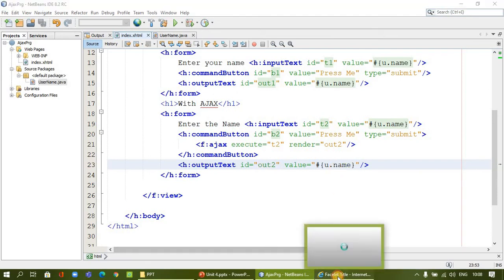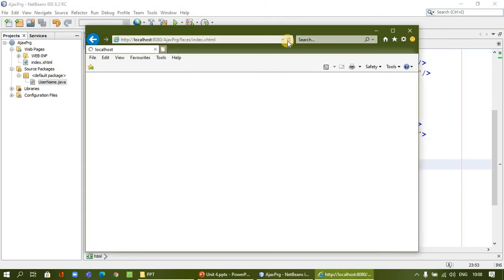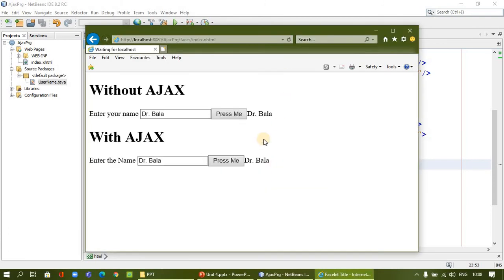Now let me execute once again, refresh. I'll just change the value and press. It's getting refreshed. The value is updated here also because the bean is giving the value. Now I am going to add the value here and press.